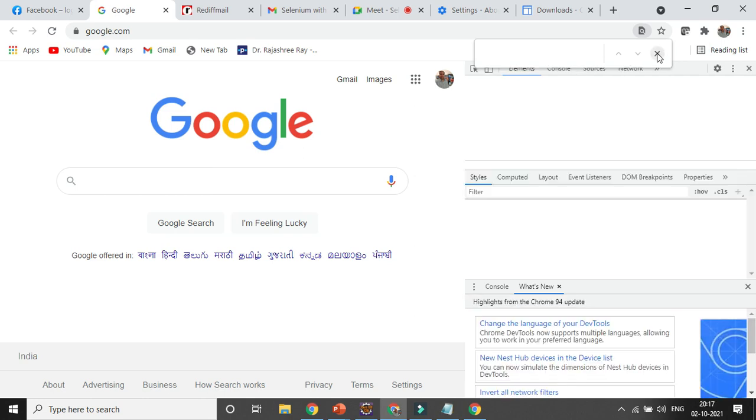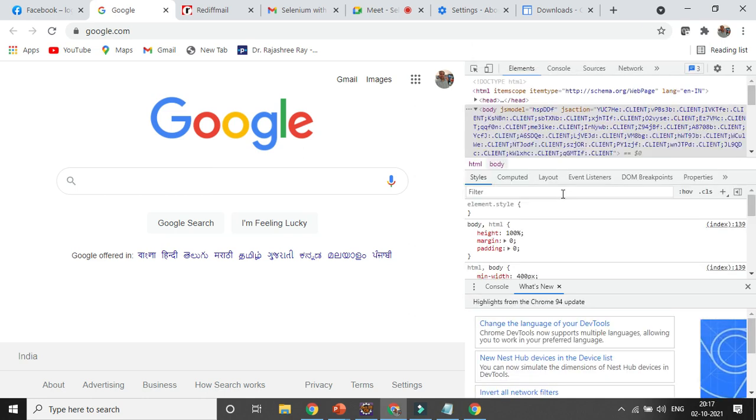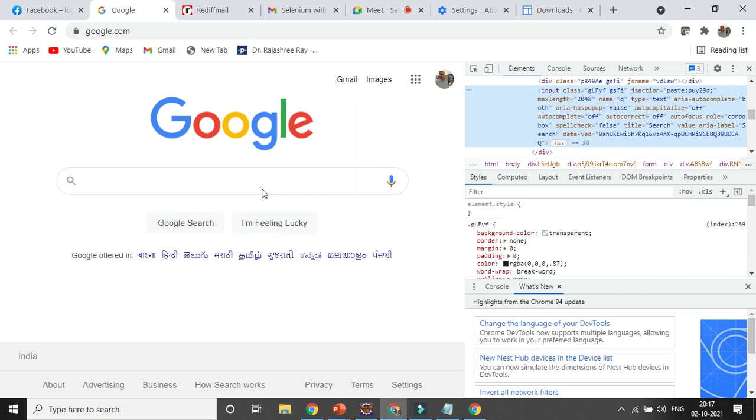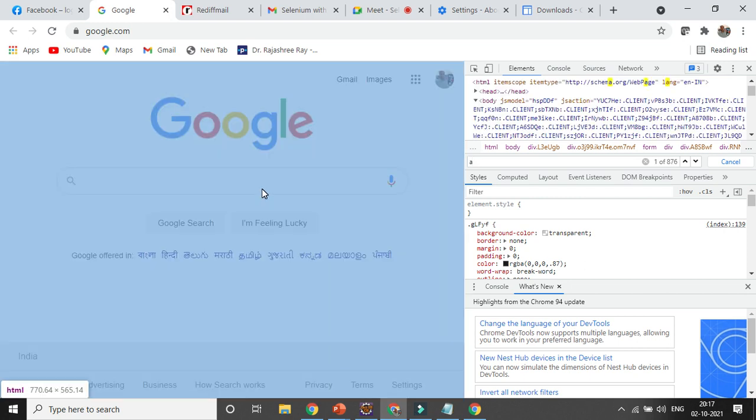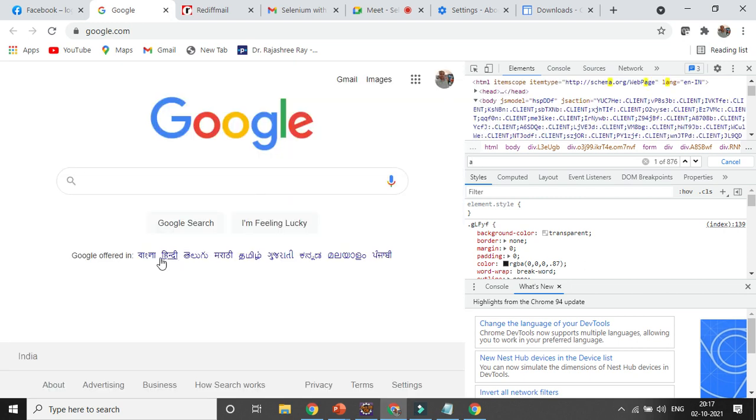Then definitely I need to print or get all the links, right? Okay, so here I can inspect anything. Press Ctrl F and you can type A, starting with anchor link, right? You will get a lot of things starting with anchor. Okay, no need to worry. All the links will be starting with anchor link.